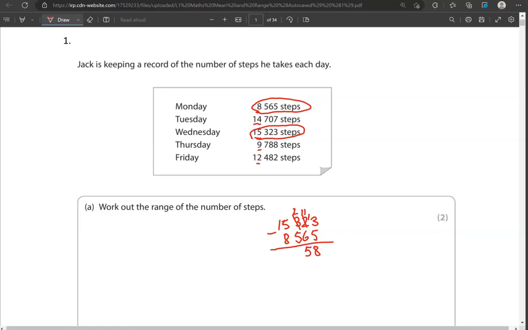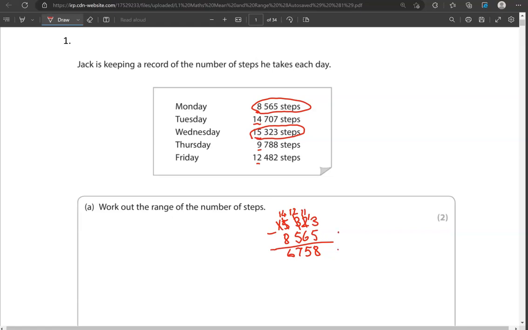Now we're taking away 5 from the 2, which means we've got to borrow 1 here. So 12, take away 5 gives us 7. Again, we borrow, so we get 14 now, take away 8, which is 6. So 6,758 is the range. If you want to check whether you've done this correctly, you can add this number and